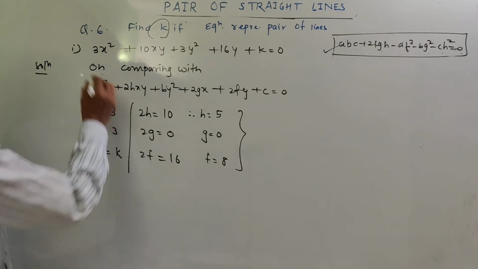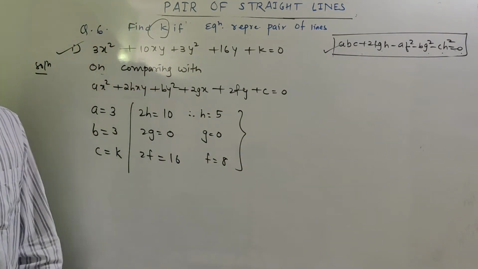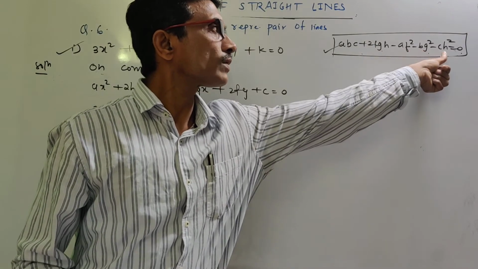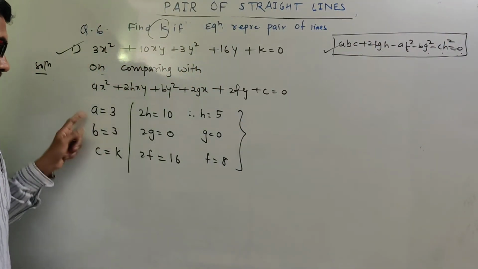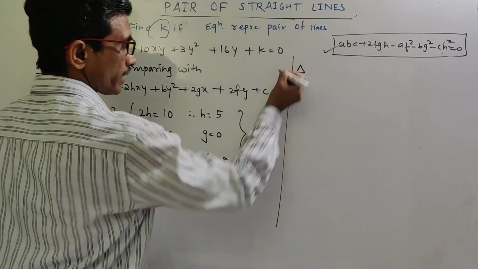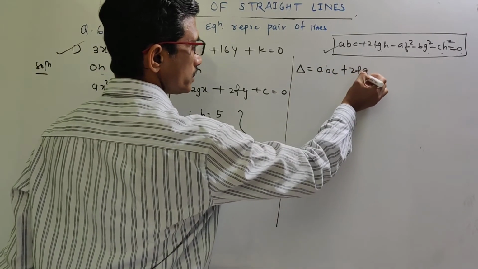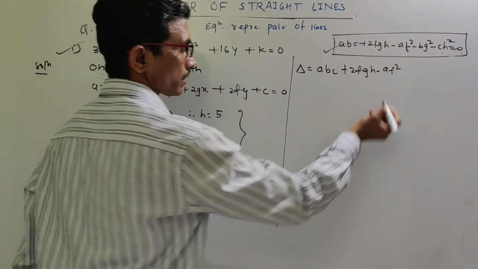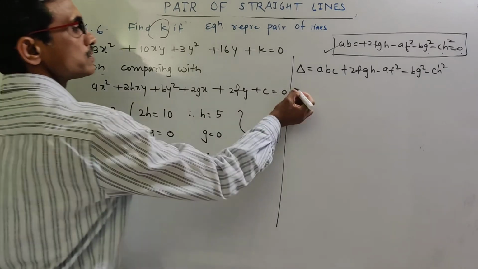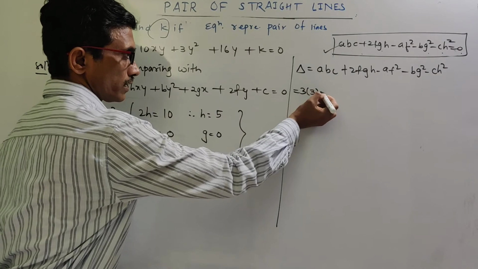Now as this equation represents a pair of lines, we use this necessary condition that abc plus 2fgh minus af square minus bg square minus ch square equals 0. We will substitute in this. So delta, you can write, delta is abc plus 2fgh minus af square minus bg square minus ch square. a is 3, b is also 3, and c is equal to k,